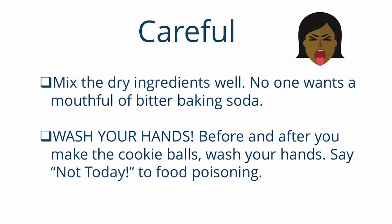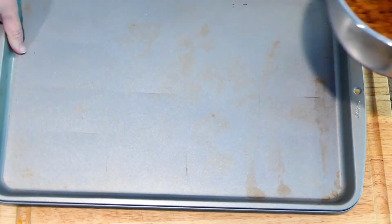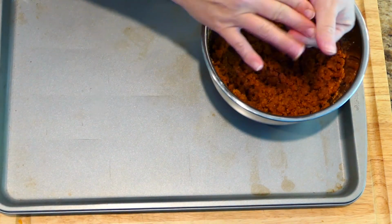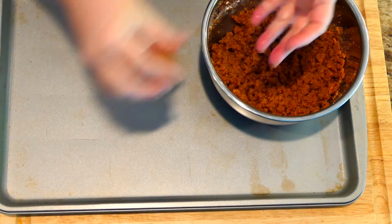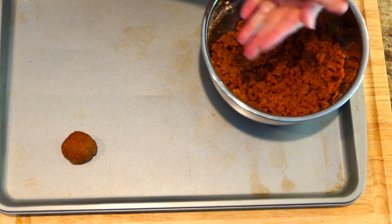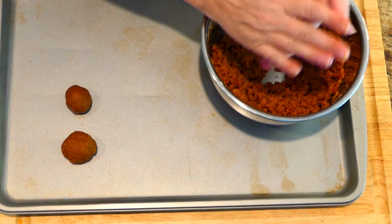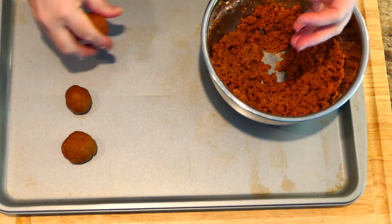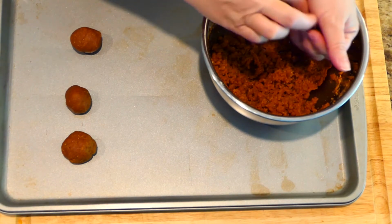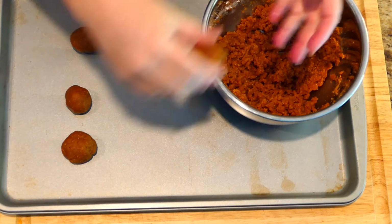All right, with clean hands, you're going to roll the cookie batter into 1-inch balls. And the reason I say, this does not have to be precise, but there is a difference between 1 and 2 inches. And you can do 1 to 2 inches. That's up to you. The reason we like smaller balls with this recipe is because we're really depending on the oven temperature to dry out the cookies